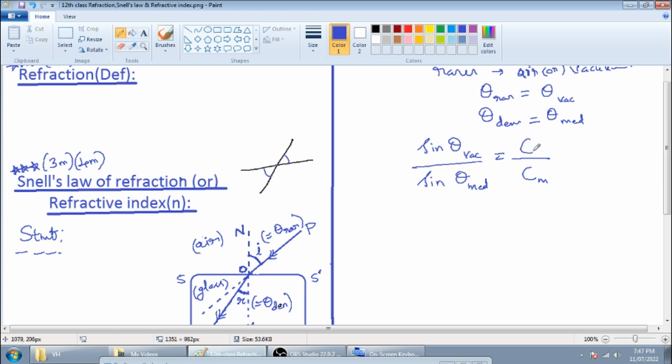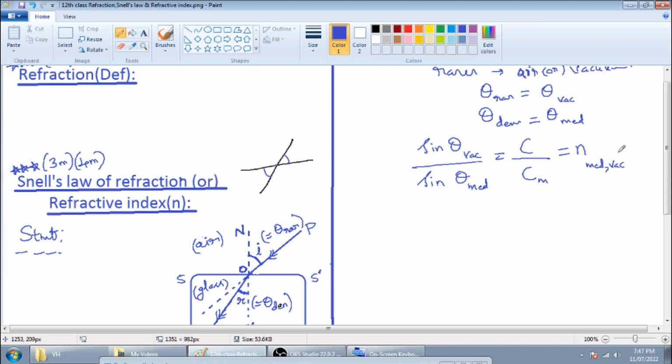So velocity of light is also taken as a universal constant. So C vacuum need not be written here. Simply it's called C. So n is equal to what now? This is the refractive index of the denser medium. So denser medium is what? Any medium with respect to vacuum. So this itself, always, absolute refractive index is nothing but the refractive index of any medium with respect to